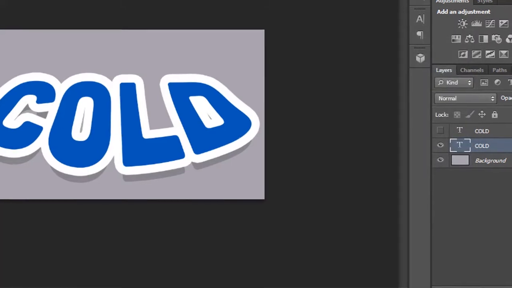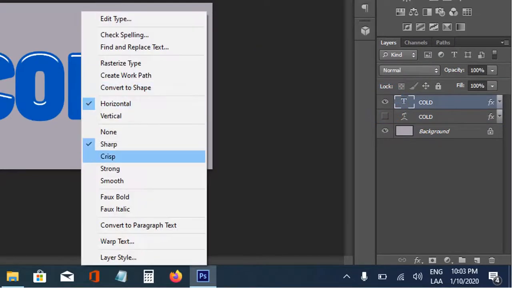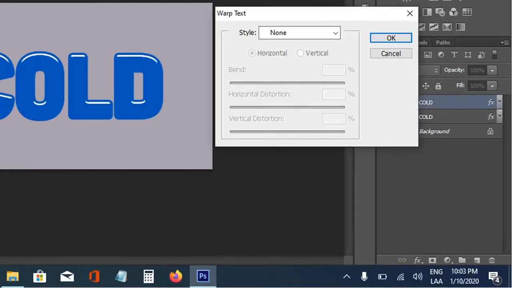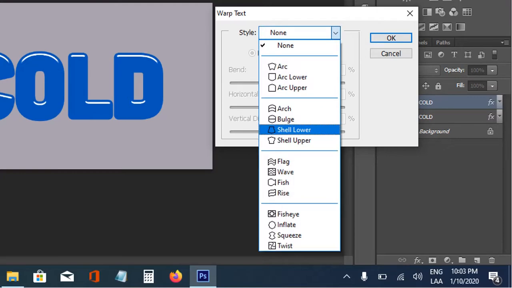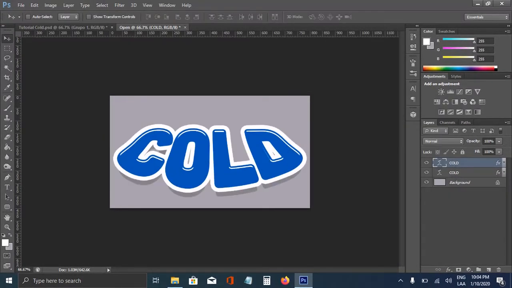And the same thing for the first layer, right click and warp text. And in the style, we're going to change it to shield lower. Okay, something like this. So that's everything for this video, and see you in the next